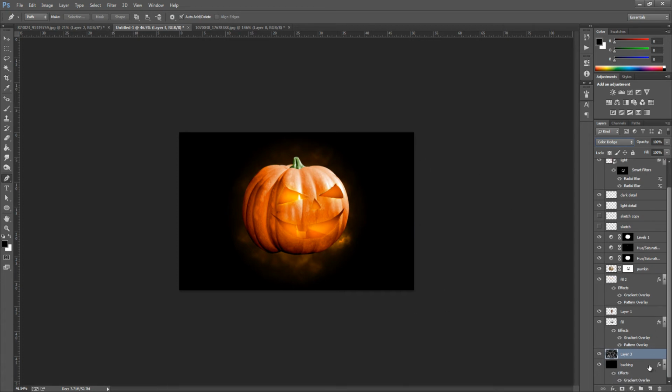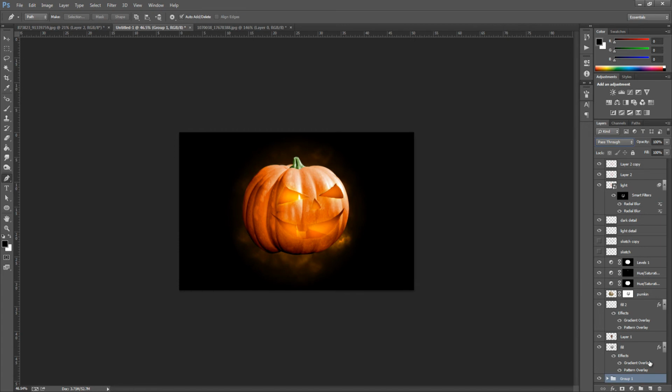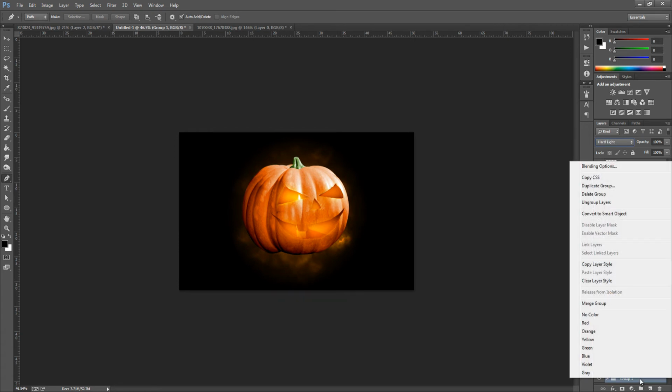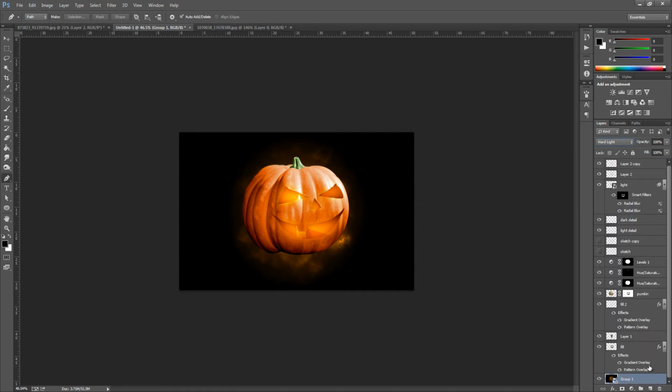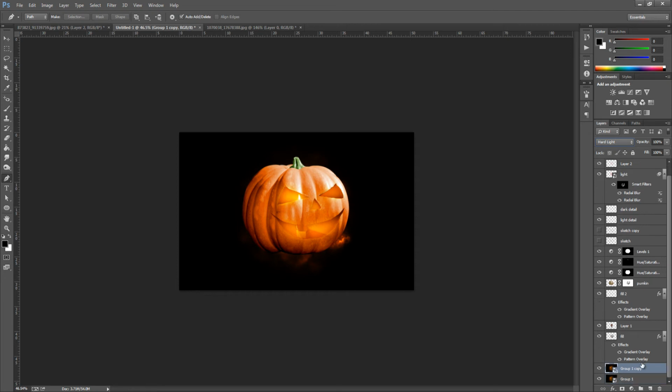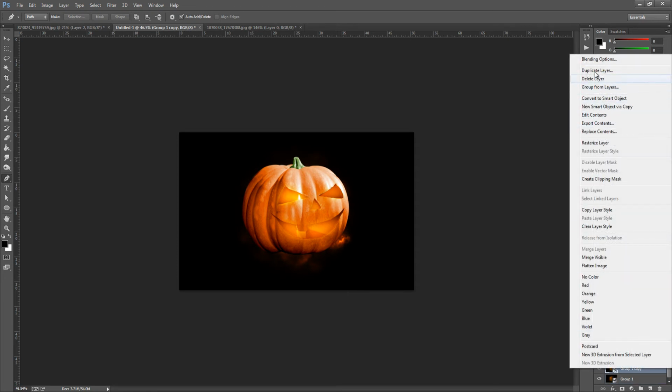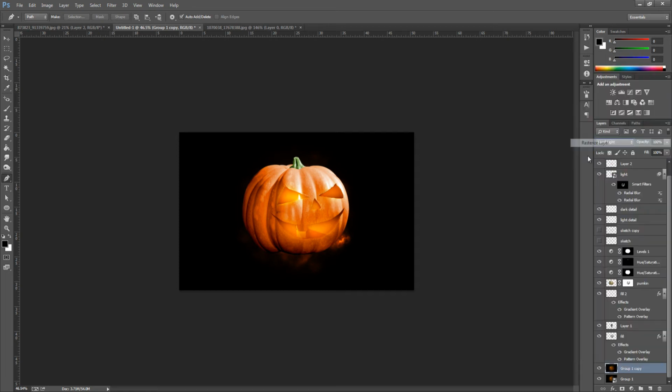So we're going to grab these two now. Hold down Control or Command on your keyboard and make sure they're both selected, the backing and the other layer above it, and press Control and G or Command and G on your keyboard, and that groups them. Then right click it and go to Convert to Smart Object. We're going to duplicate that now, and then rasterize it. So right click and press Rasterize Layer, and what that really does is give us a chance: if we do need to go back and edit it, it's already a smart object and we can do that.